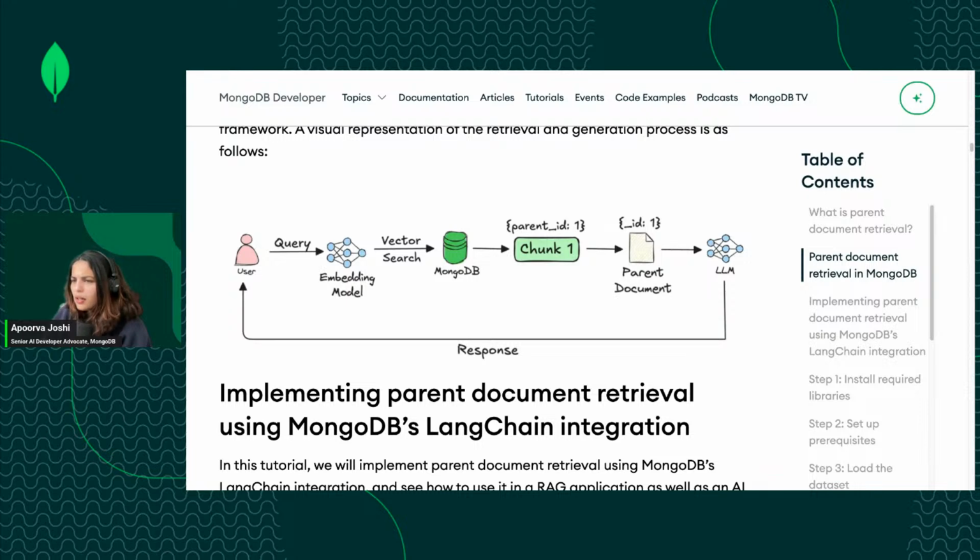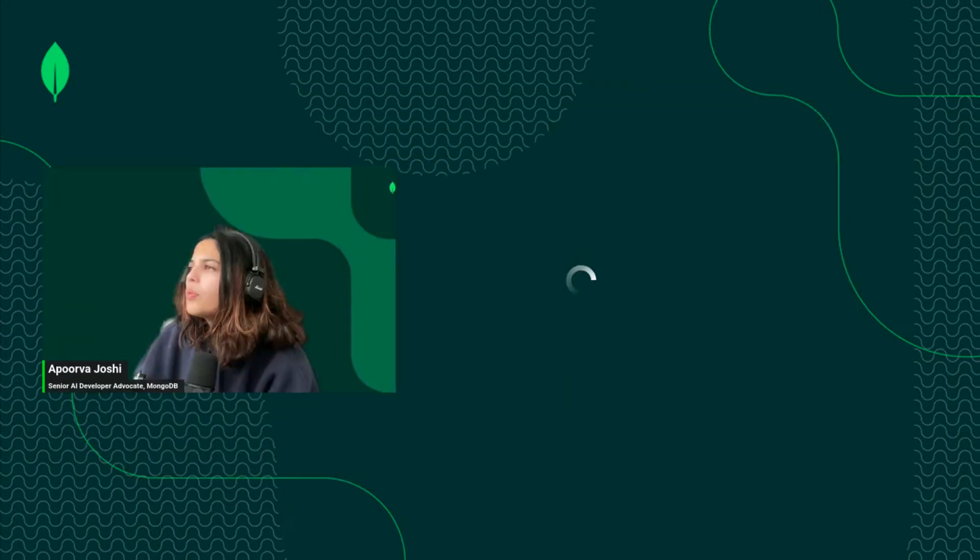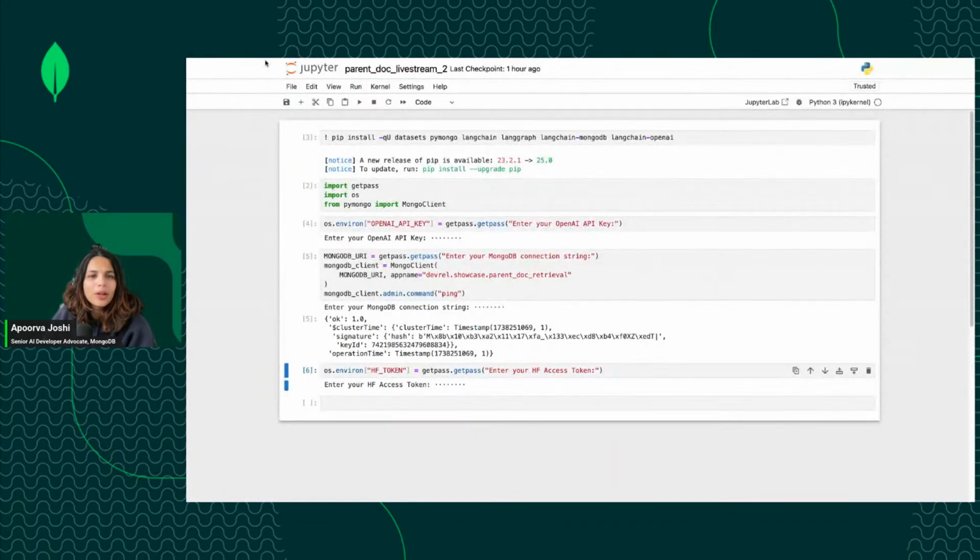Actually, I think I'm sharing the wrong screen. Okay, that's the one. All right, so I'm going to be coding in a Jupyter notebook for the rest of